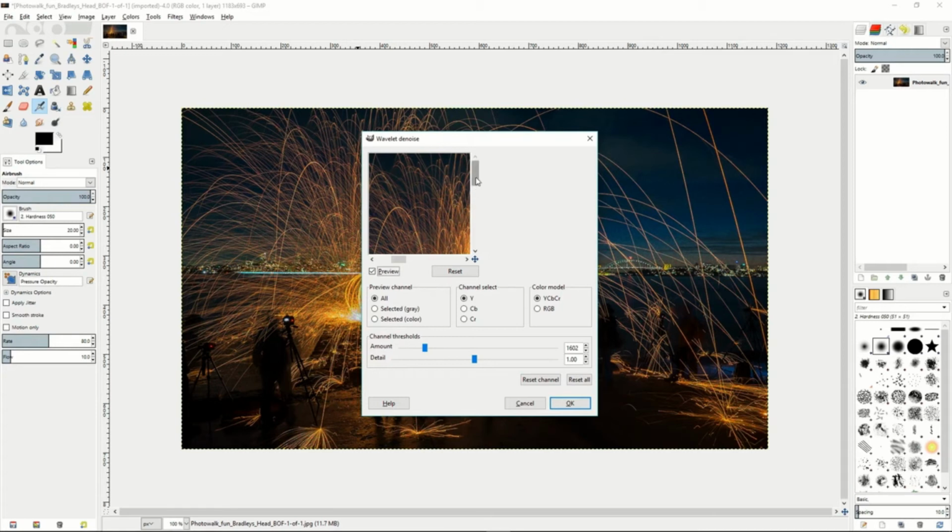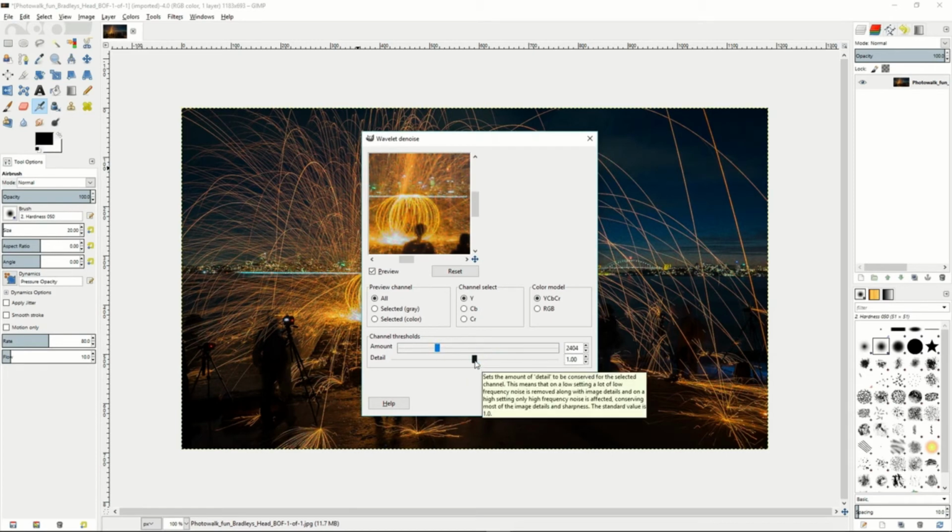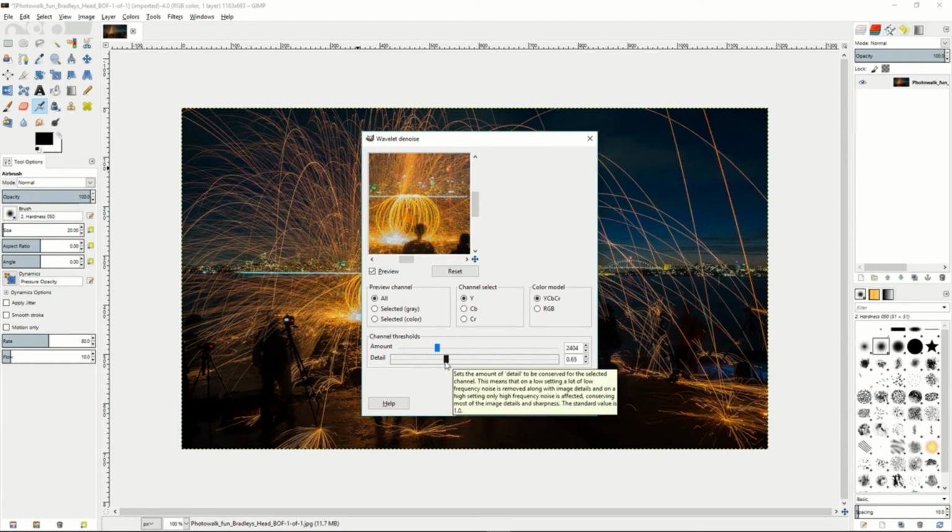noise from your images. And when you go into it, you can see a preview of the image and the noise that will get reduced. So you can move around and find where most of the noise is coming from. And then you can go down to the thresholds and you can turn up the amount of noise being removed from the image. And you can decide whether or not you want to have more or less detail left in the image. And you can also change how much detail can be conserved when you start applying the denoise filter